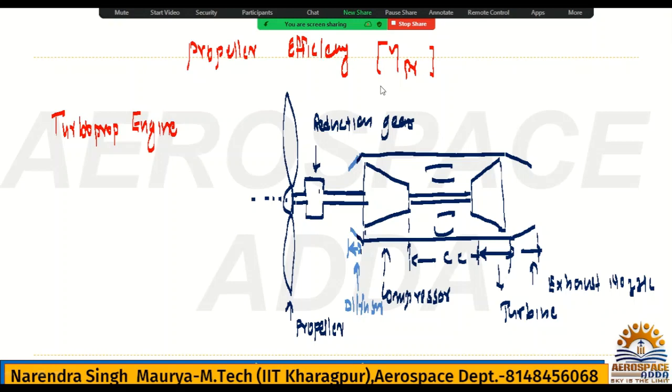And beyond the range, if it rotates, then it will not give good performance. So that reduction gear will match the speed of the propeller, so that it can give maximum or optimized performance. That's my point. Okay, so what I wanted to explain here,